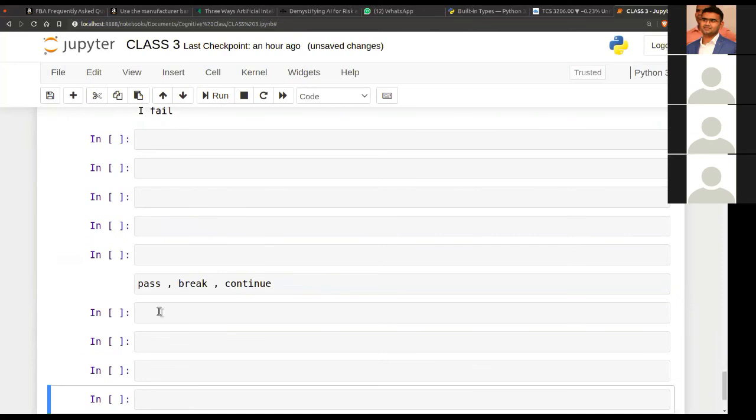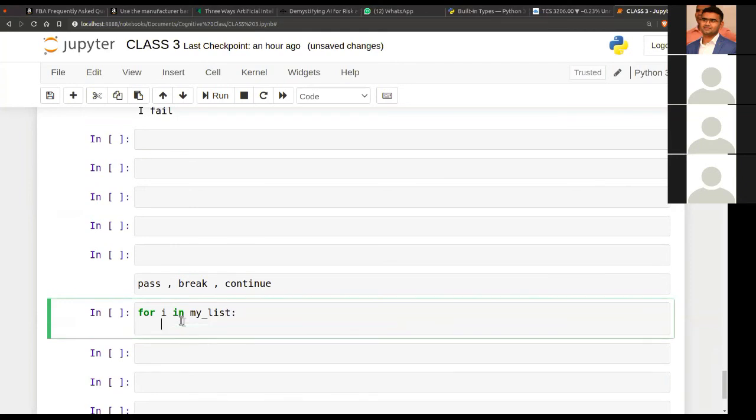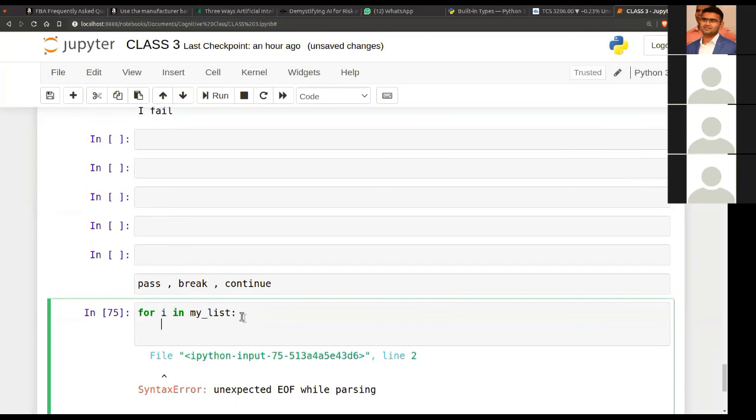Now let me talk about a few statements. We have a pass statement. Suppose we have a for loop in range of my list. If for now I don't want to do anything, can I keep this without getting an error? No, we can't. So we can use a keyword which is called pass, literally pass.